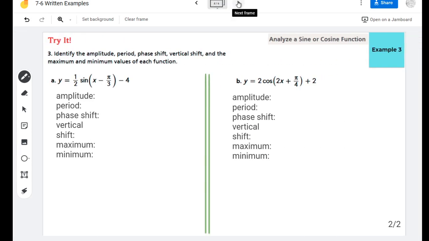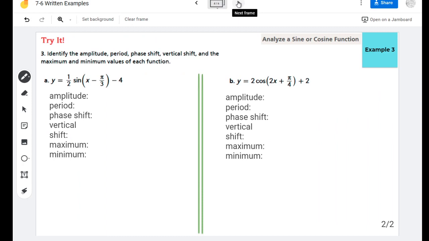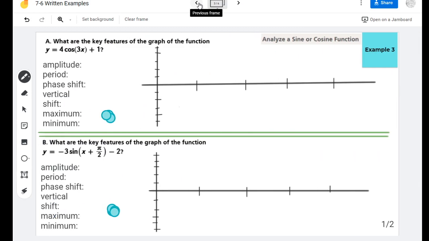And then when we get to the try it part of it, we're just going to look at the equation to identify those key features, okay? Just to kind of compare and contrast them. I think it's easier to see with the graph, and I think we need more graphing practice, so we're going to go ahead and do that, all right? So here we go. On this first equation, I'm going to start with our general graph,